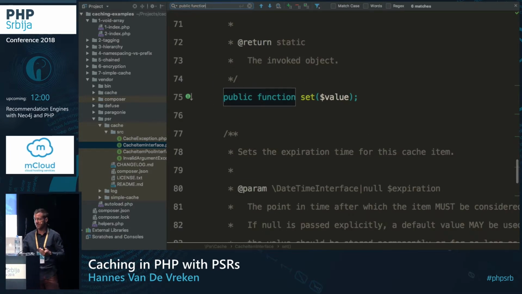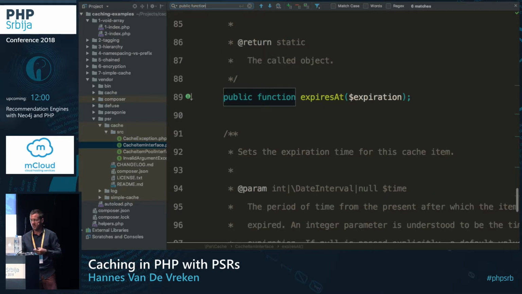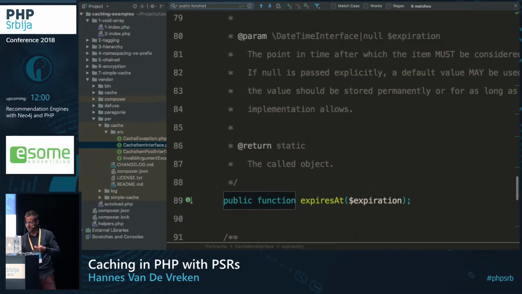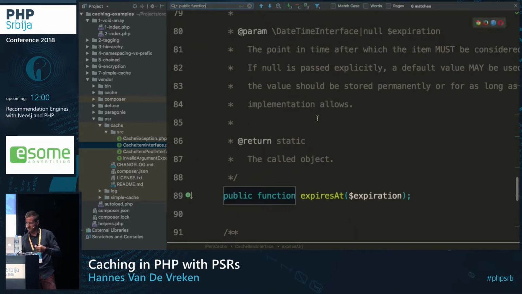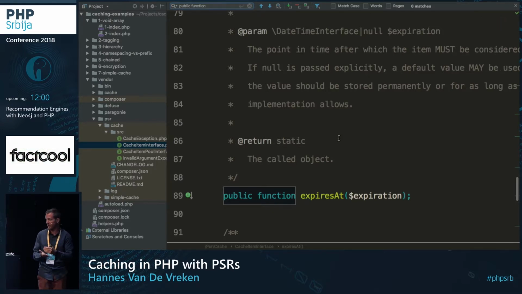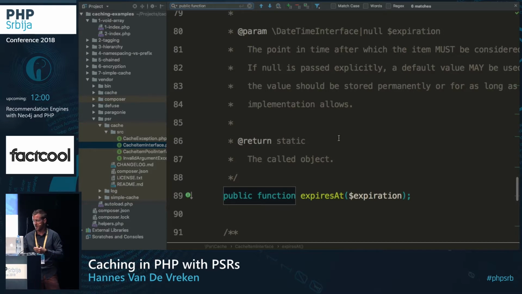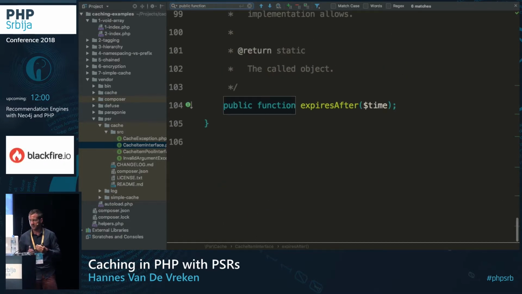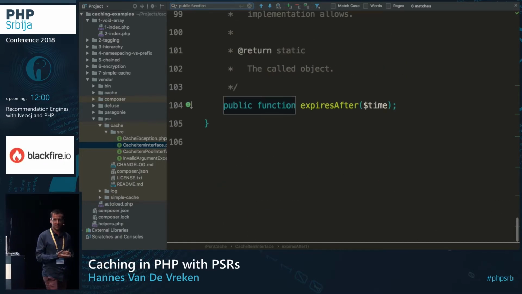And then you can set the value or overwrite the value, and you can set the TTL with expires at, and expires at requires a datetime interface, so a specific timestamp or a specific point in time where it will expire, or you can say expires after, and that takes an interval,